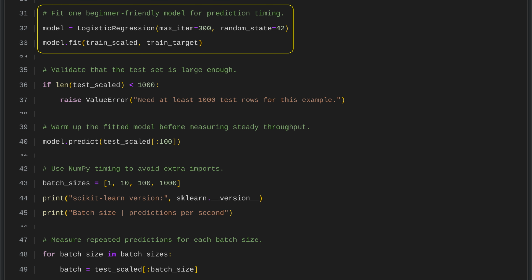We create a logistic regression model for classification, allowing up to 300 iterations so it can converge. A fixed random state makes the results reproducible. The model is then trained on the scaled training features and target values, learning the patterns needed to make predictions